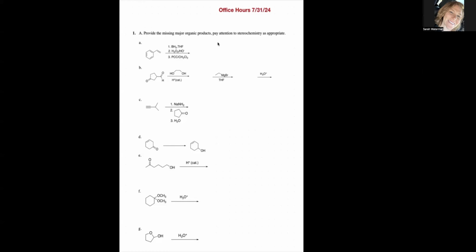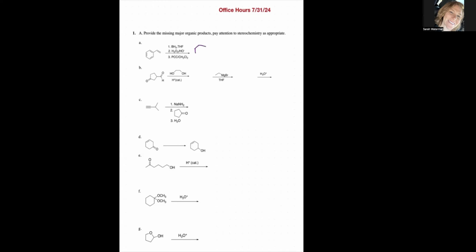Hello. Okay, so today this section is the aldehydes and ketones and the enols and enolates. So we will go through those. So this first reaction, this is an old one. It's the anti-Markovnikov addition of water,